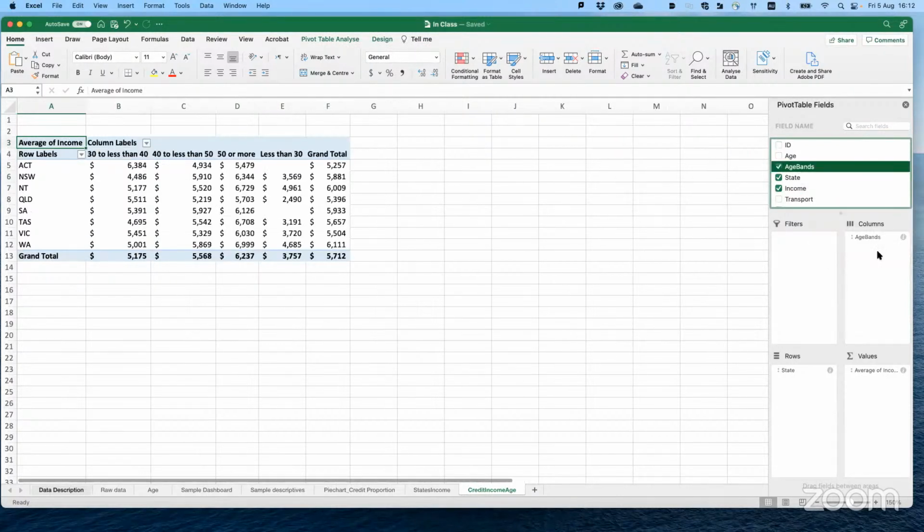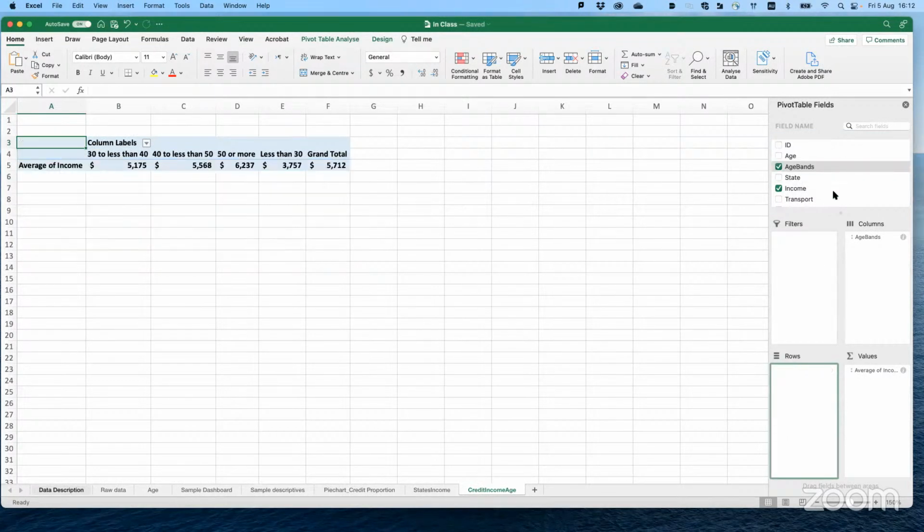Age band as columns. I do not want the states. The states are gone. And then I have credit card as rows.